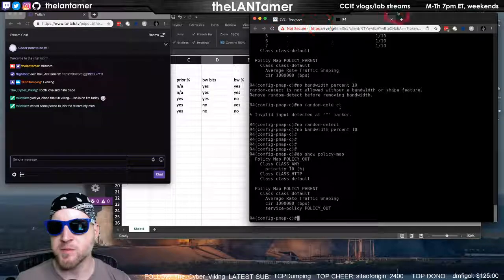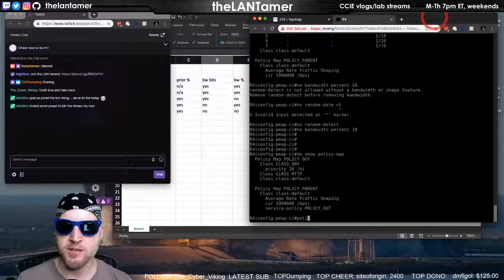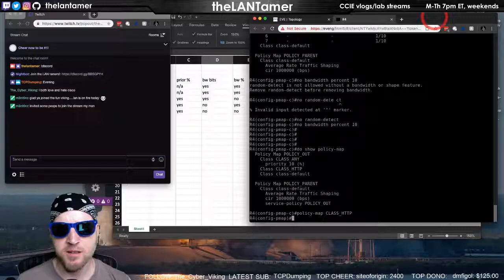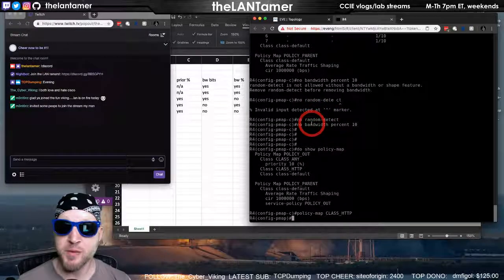You get the feeling that when folks put all this together, it was challenging coding, I'm sure. So, all right, what are we vetting out here? Random detect with remaining percent. So I should be able to, in this class, say bandwidth.